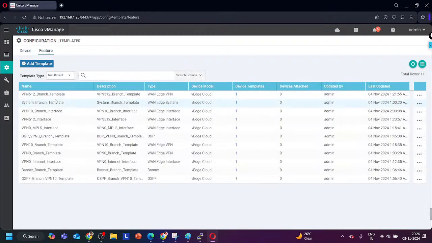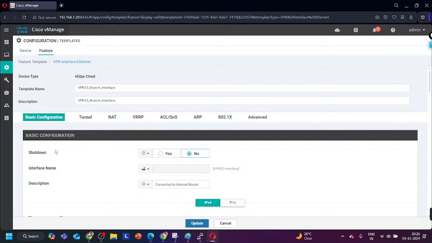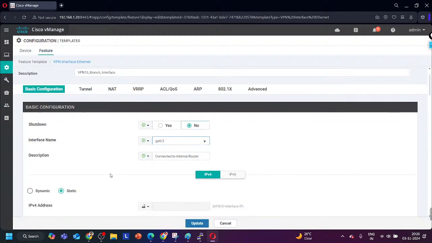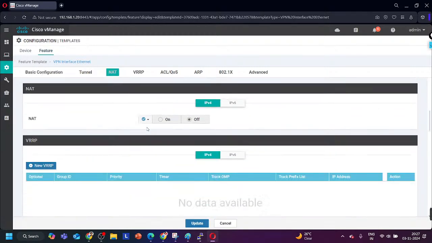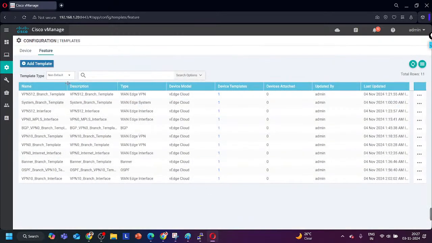Just wait. So VPN 10 branch, let me edit this template. VPN 10 interface, here I am going to add directly G0 by 2. Okay, connected to internal router, IP address static, IP address on VPN 10 interface, fine. Update it, and then